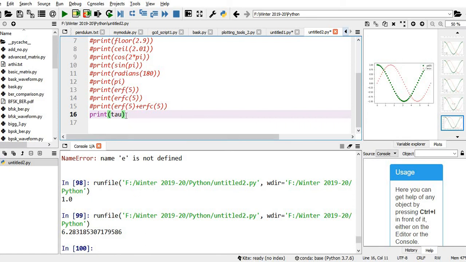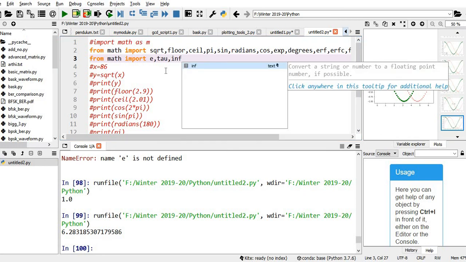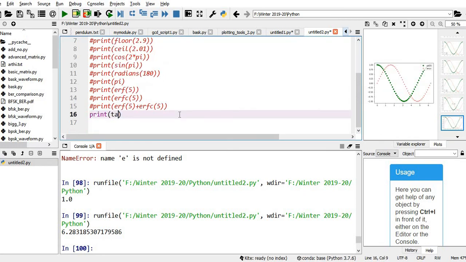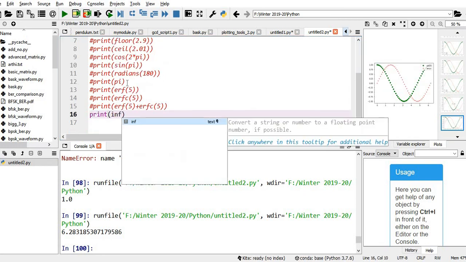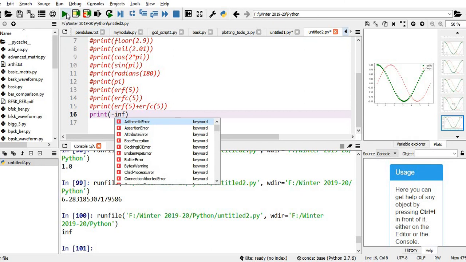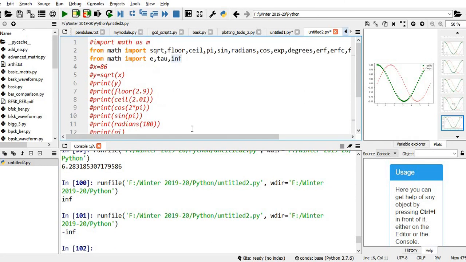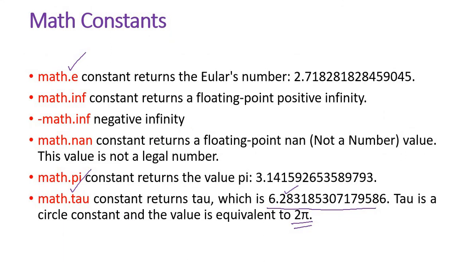Like that we have infinity, positive infinity. Then if I add a minus before that, that gives negative infinity. Then not a number, NaN.